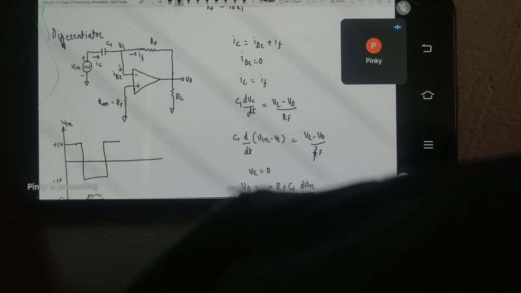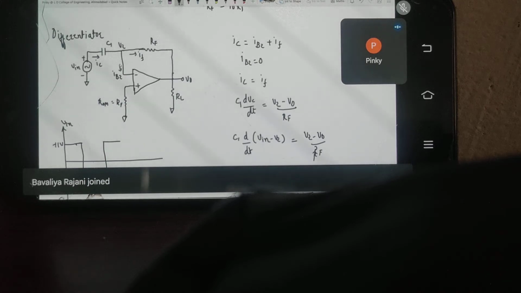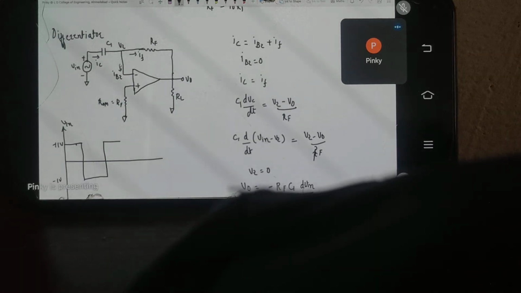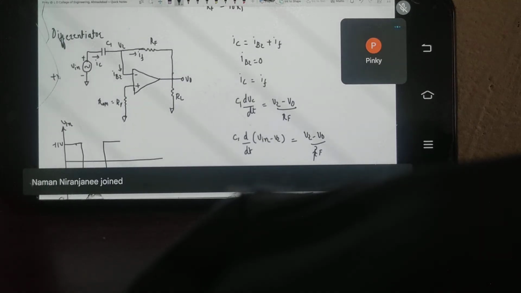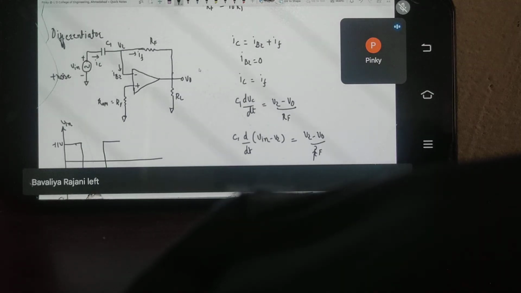What will happen? Sometimes your noise may override the differentiated output signal. Our output is totally noise as well. Although you have given this input and some noise is there, this noise can easily pass through this capacitor, and you may get totally the noise signal. The noise signal has completely overridden the